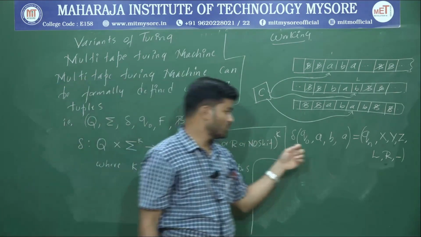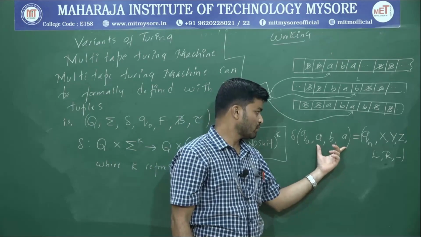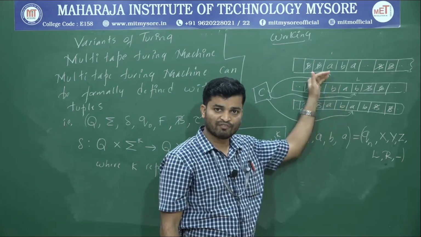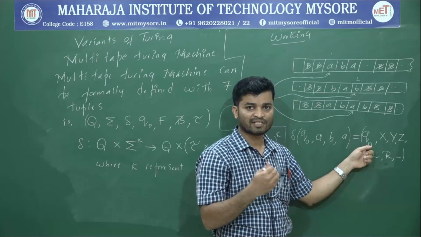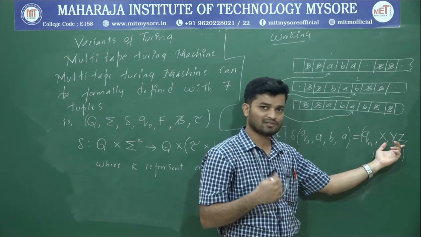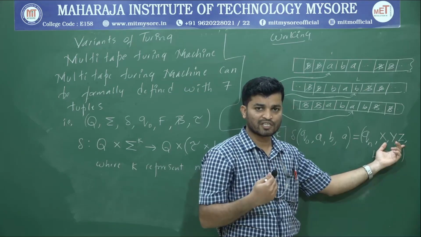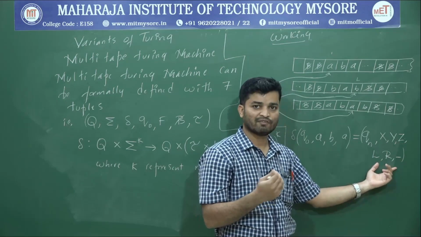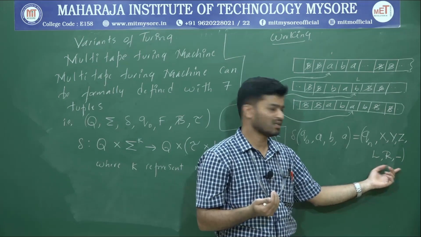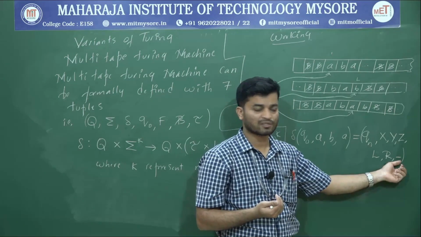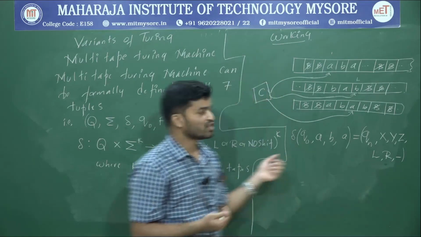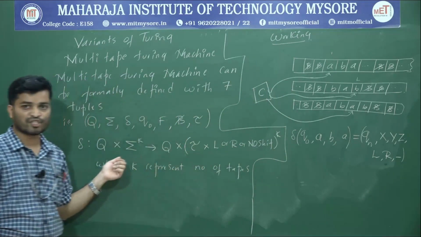Okay, so first we have to write what state, and then we have to write all the 3 inputs with respect to different tapes. Next I have to write what is the state to which it has taken the transition. Next, what are the symbols we will use with respect to each tape. Then which side it will move, either to left hand side or to right hand side, or if there is no move, in that case indicate that one by a dash. Okay, so this is with respect to multi-tape Turing machine.